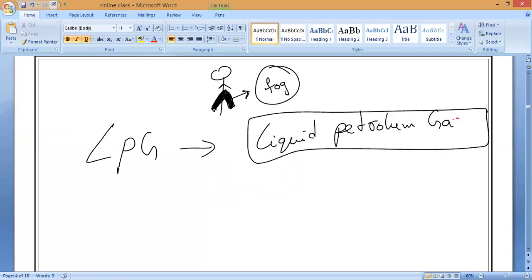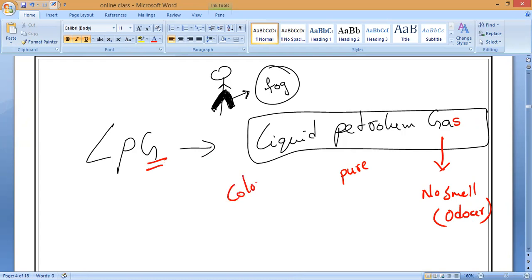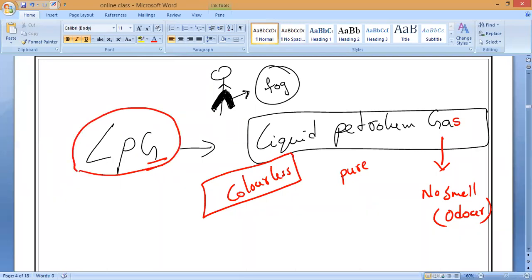But how are you people getting the smell, I want to know. LPG gas in pure form has no smell, no odor. But still we are getting the smell. How, guys? LPG is a purely odorless gas and colorless also. Please all of you remember. So if pure LPG is filled in the cylinders, unfortunately some leakage will be there.